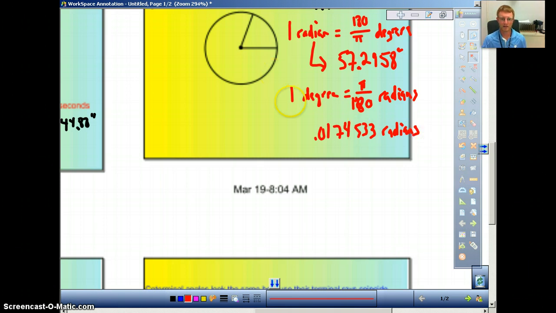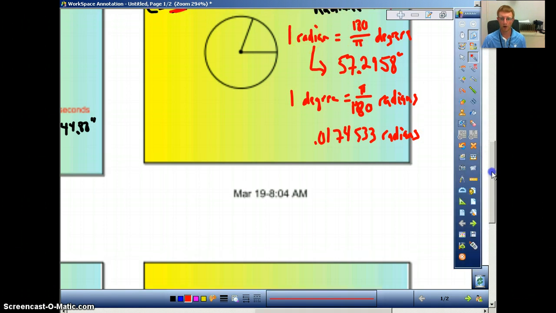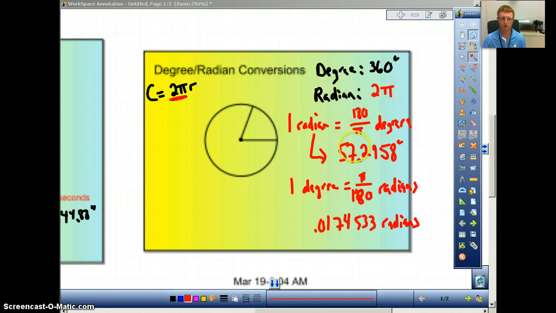Okay, so the idea here is that these are basically what our conversion rates are. If we want to go from radians to degrees, that is our conversion factor. In other words, that's what we're going to multiply by. If we're going from degrees to radians, we're going to multiply by pi over 180. So now here's what I want you to think about. This is why it's important, and I don't want you guys to get confused. If I were to divide this circle up,